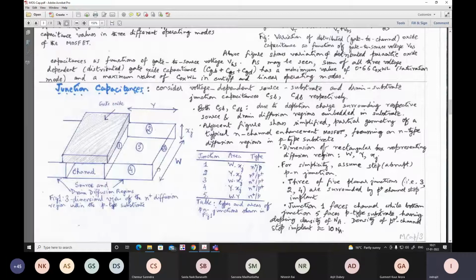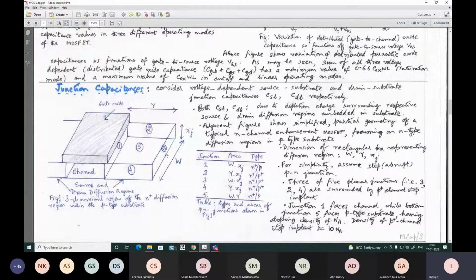Now, as we discuss the junction related capacitances, we have to take care of the different metallurgical junctions, PN junction or P N plus junction. Here, if you remember the geometry, on three sides this N plus region, which we are showing as a perfect rectangular parallelepiped, namely the sides we have labeled as junctions 2, 3, and 4, on three sides of this isolated N plus region that models the drain, this corresponds to a P plus N plus junction.